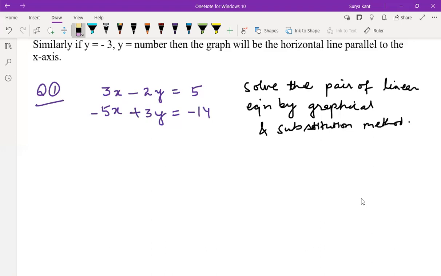So all of you, can you do it or not? Those who cannot do it, just tell me right now. So without wasting time, those who are having doubt in doing these questions by graphical as well as substitution method, just tell me right away. Will you give us some time? Yeah, I'll give you around 3 to 4 minutes. Around 5 minutes it takes.